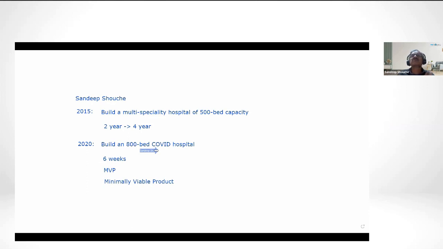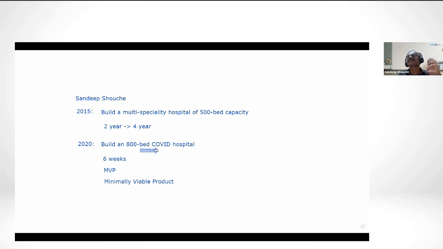So what was done? We commandeered an open ground, a college ground. Colleges anyway were shut down. And we built temporary prefabricated structures, plywood, not construction of any sort. So that could be done in days. We didn't even have doctors, very interesting. We didn't even have doctors in the first week, no full-time doctors. They were all either very busy or they were just scared to come out and look at patients. It was very sad. But we did have volunteers.